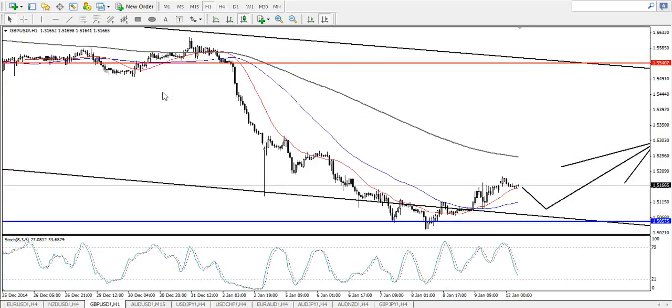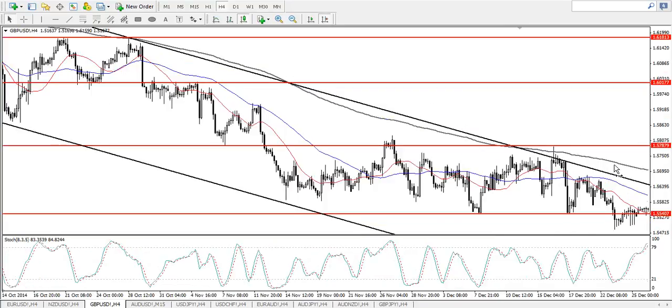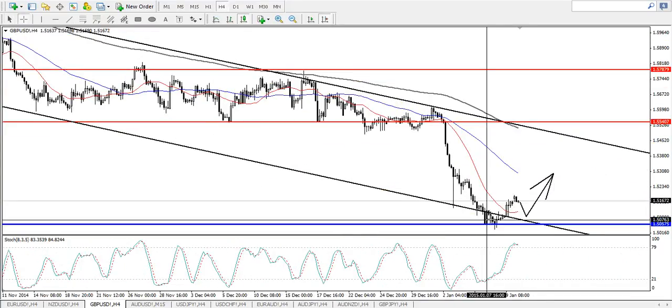Alright, next we have the pound against the US dollar. Now the price has touched the bottom, the previous low at the price of 1.5057, which is also the final exhaustion level for this trend itself, and we might be expecting a bigger retracement over here, because based on the fundamentals, the average hourly earnings have dropped unexpectedly, which has dampened the bets for